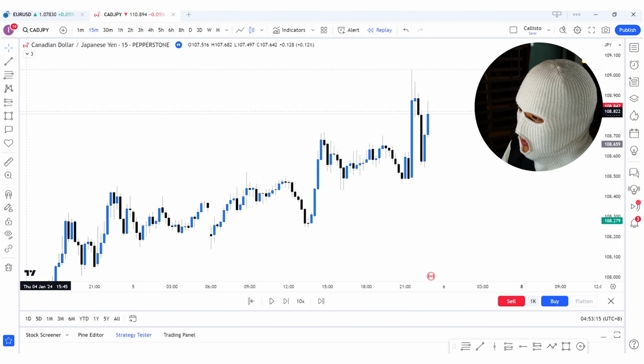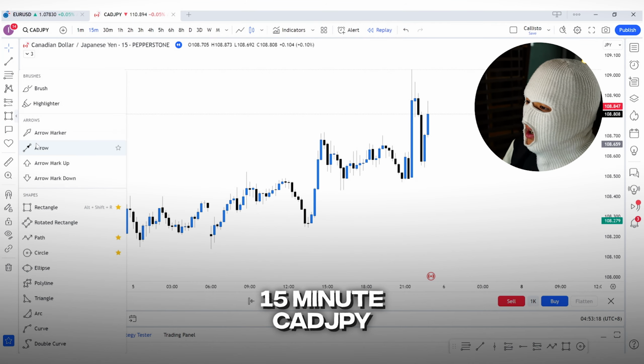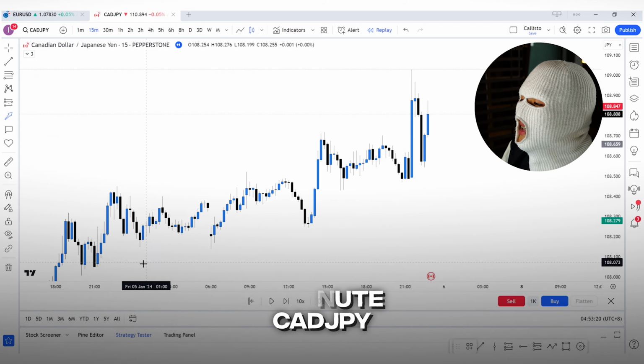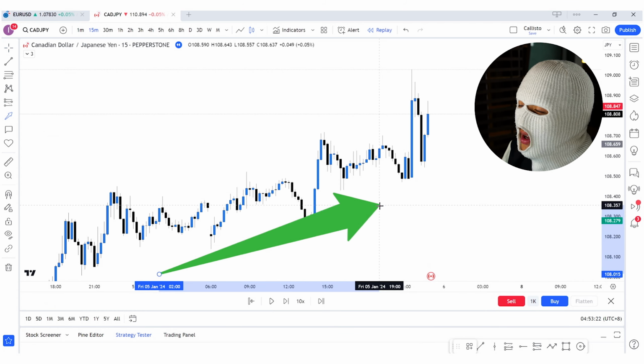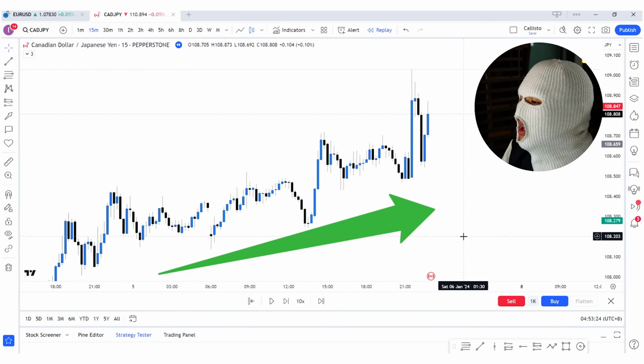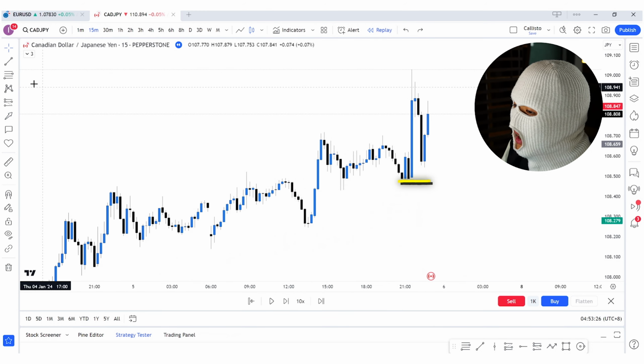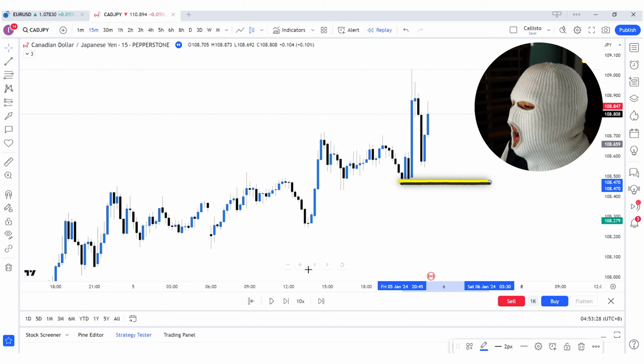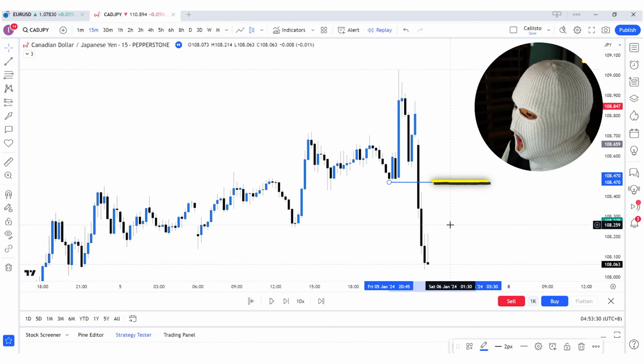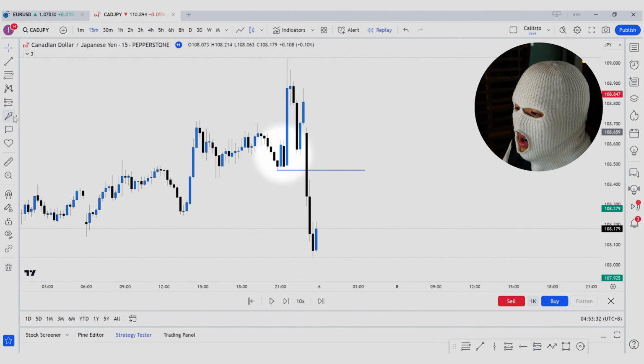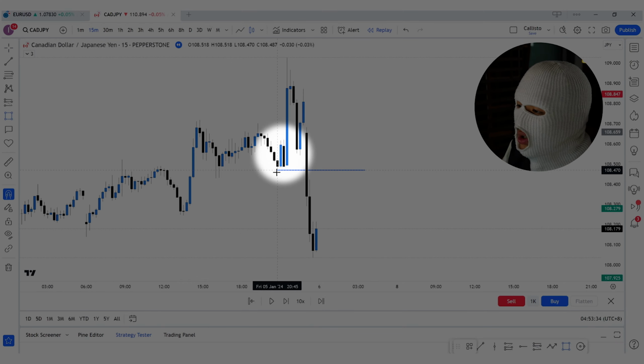For the last bearish example, we have the Canadian yen chart on the 15-minute time frame. Price was in a clear uptrend as seen by the higher highs and higher lows created. Now, once price broke below the higher low over here with a body candle close, it signals that a reversal is incoming. So, I mark out my bearish breaker block that is pretty clear as seen over here,